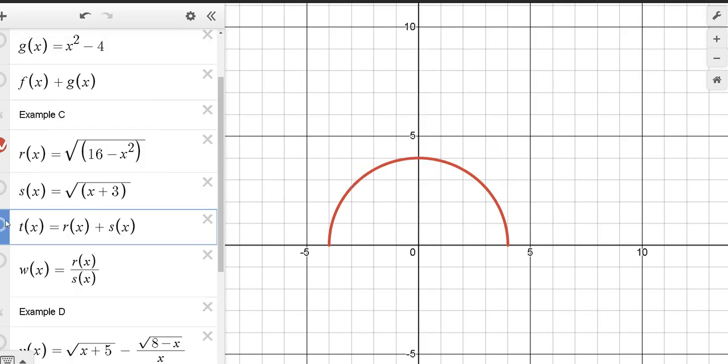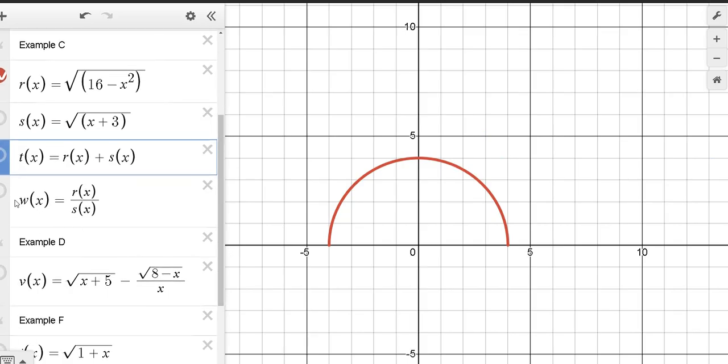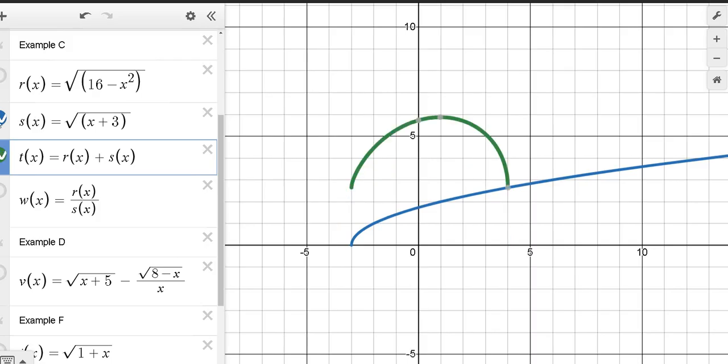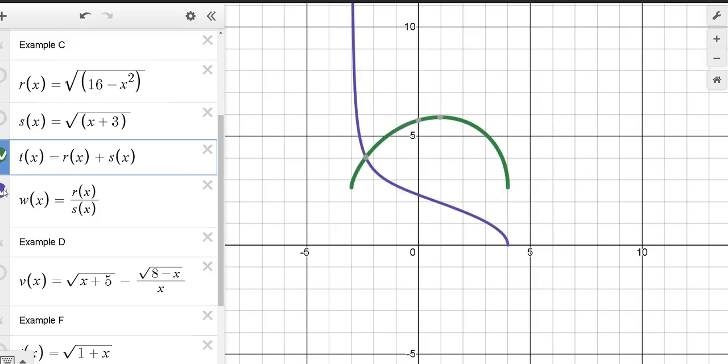Now, I could also look at the domain of this function, the quotient of those two, so f divided by g. And you might think that it's going to have the same domain as this one, right? Should be the same domain like this. But it's not quite. You have a point here,